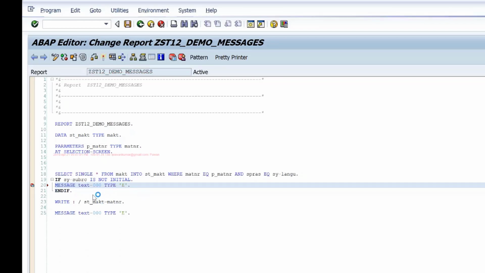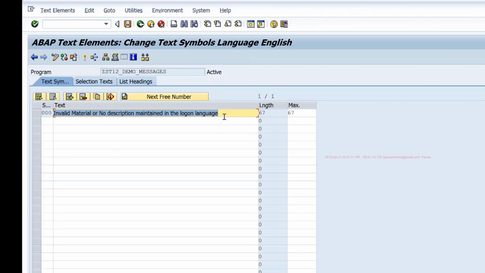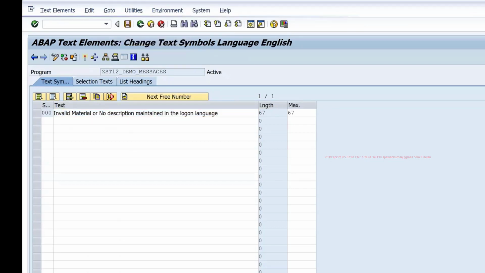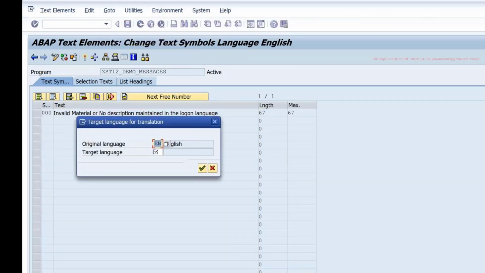if you want to open this text symbol, you don't have to always go to this menu. You can simply double click on the text symbol and it will open that. Right, this is a message. I maintain it in English, but I can click on go to translation and maintain translations for my messages. So I can give the target language as DE, for example.